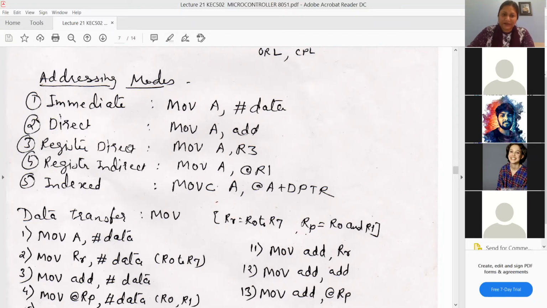Now register direct addressing mode means from the register you are moving into the accumulator, or maybe from register to register. Then register indirect means, yes please,